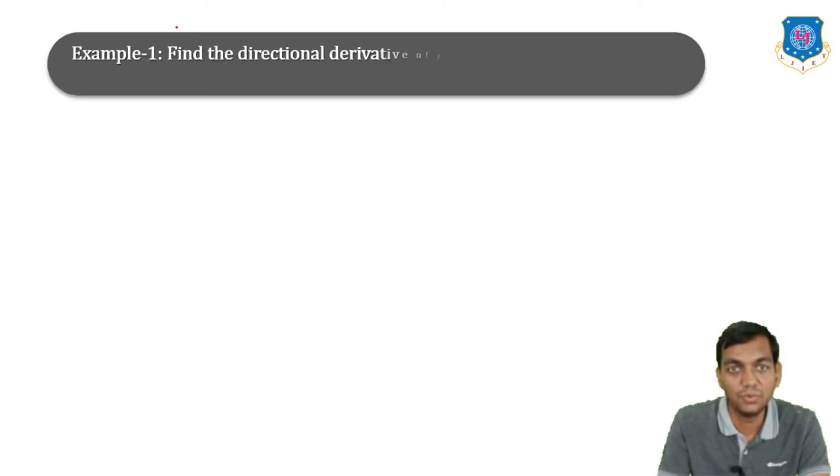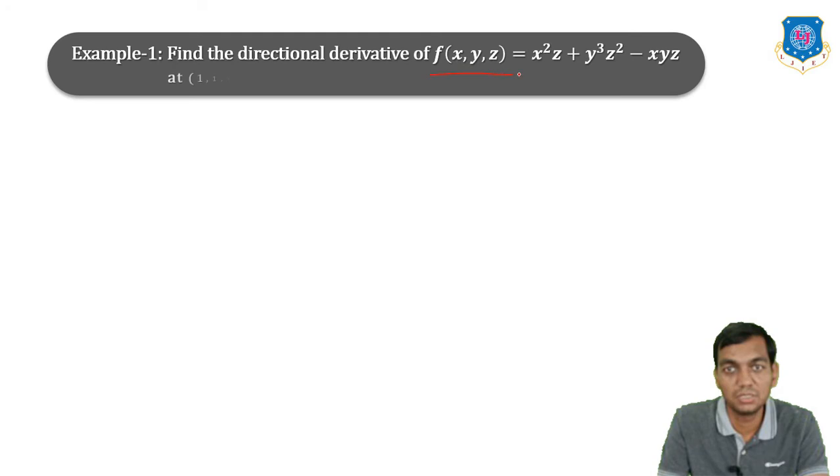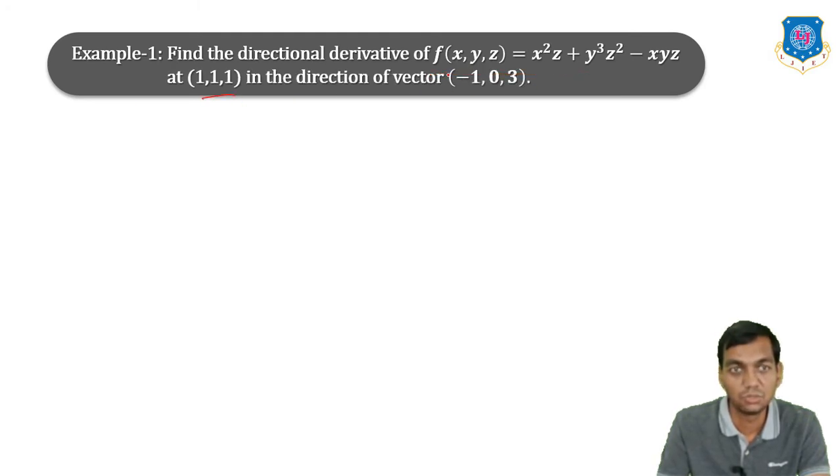Then now find the directional derivative of the function at a point in the direction of this. Okay, so if you have given any function, then first you have to find out f is equal to x square z plus y cube z square minus xyz. So grad f,